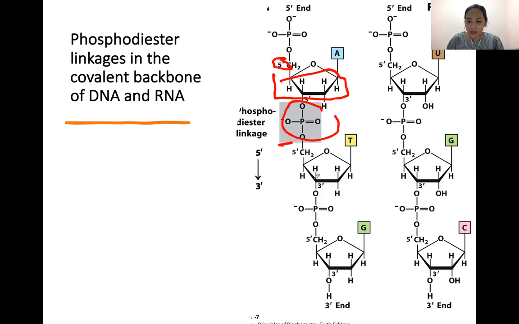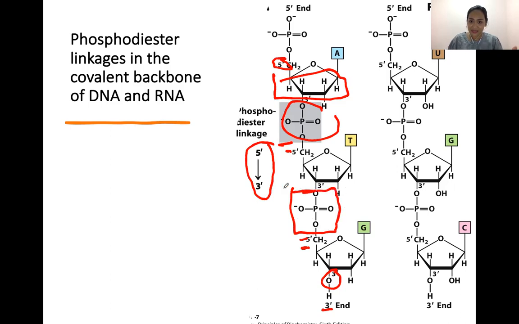So this is one of the 5' ends. And what's the other one? The 3' end. The 3' end could be a hydroxyl group or a phosphorylated 3' end. So you have here the 5' end and the 3' end as the direction. So 5', 3' attached to the 5', and these are the